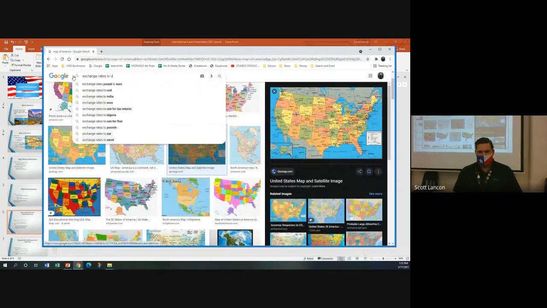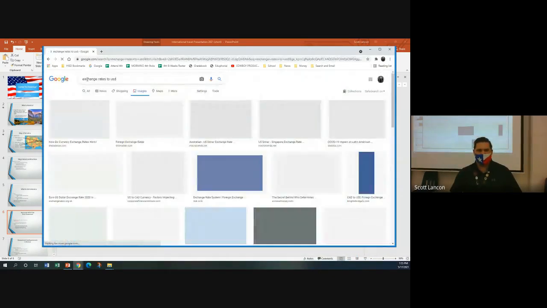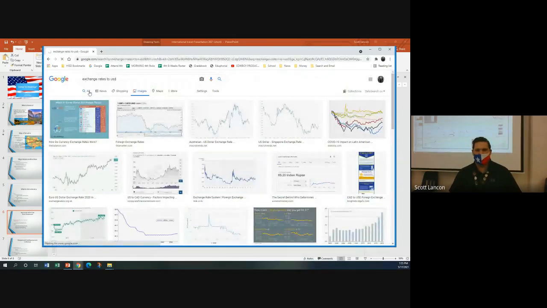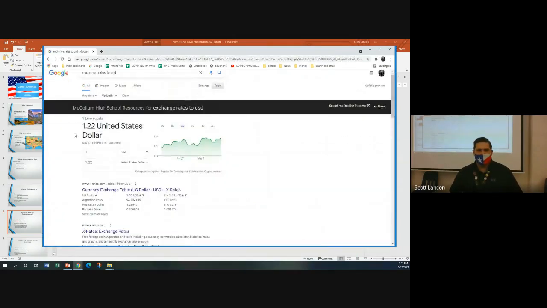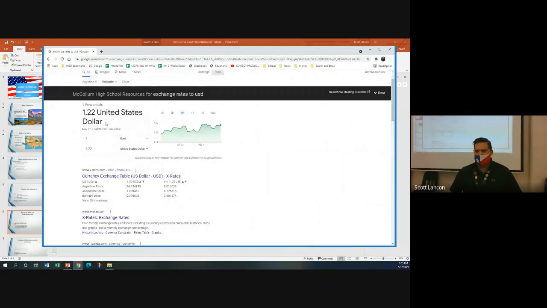Exchange rates to US dollar. Okay, and then you go to all. It's not a picture. Okay, so for example, European nations, England, France, Spain, they're all in the euro. So it's like you type in $1 American, okay, and that's 0.82 euros. Usually you want to go with at least one whole number and not